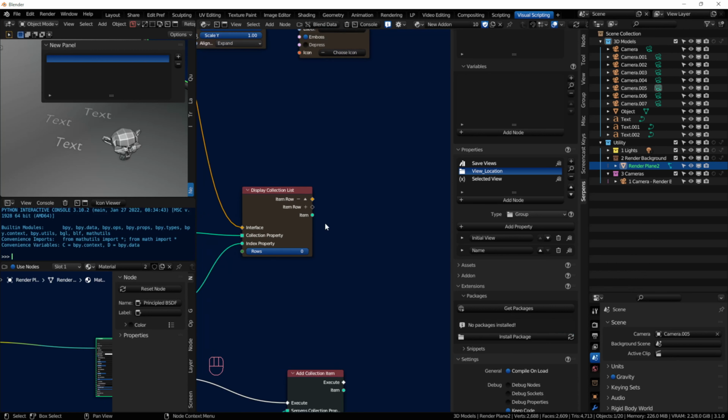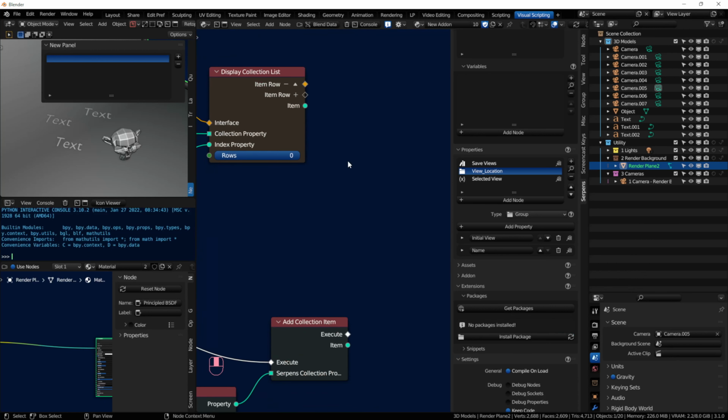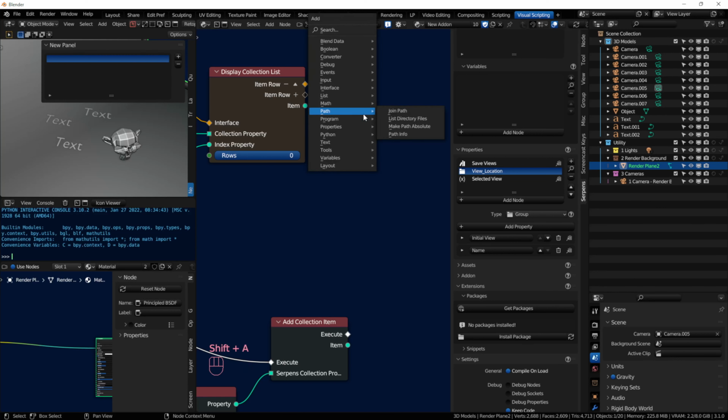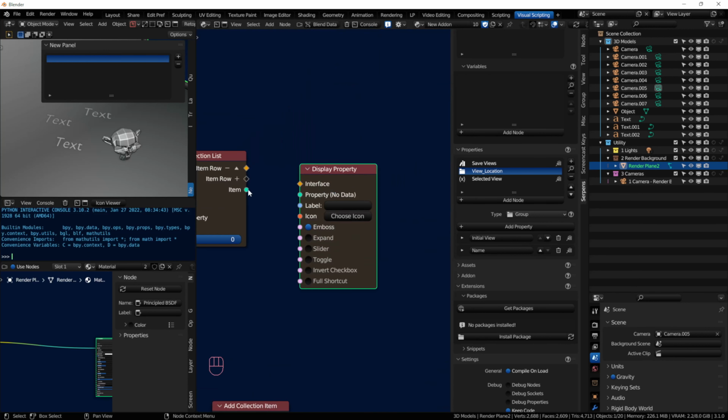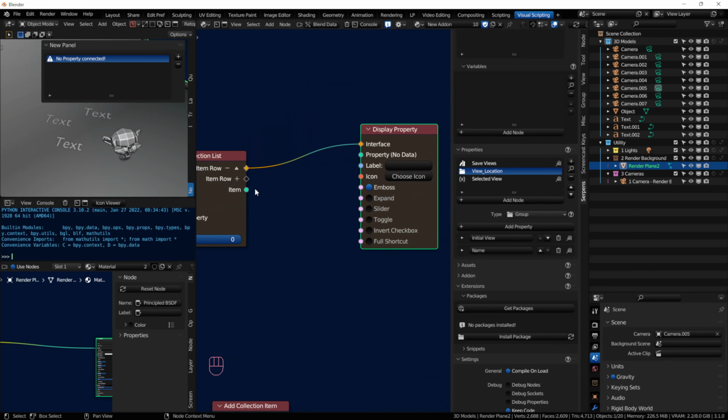Okay, so what's the next step? Just the display property node to display this name. Display property node, that's what I was looking for. Display property, there we go. And I tug it into item row. And then if you use item,